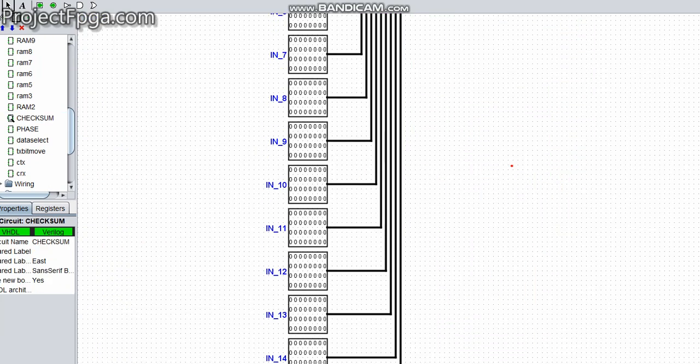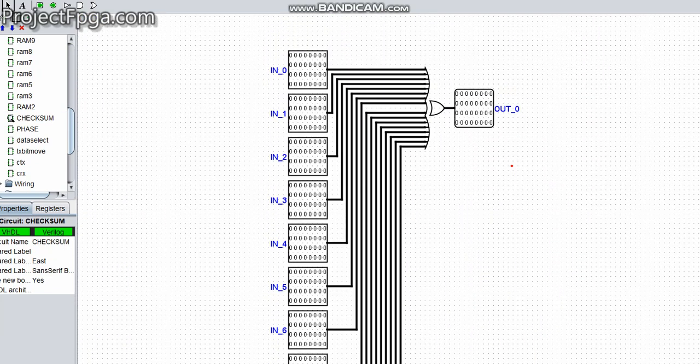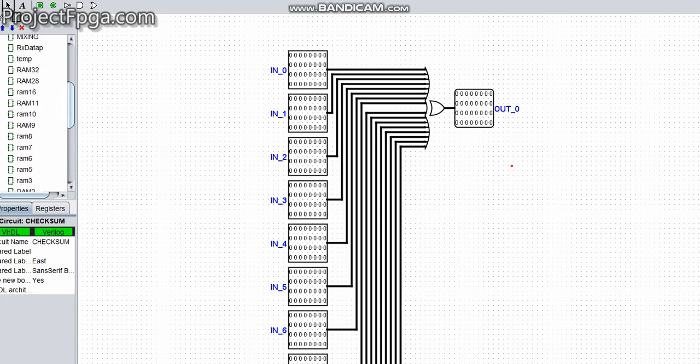So this is basically what the checksum does. It takes all the data bits and XORs them. It XORs all the 32 by 16 bits of data, and that is how you get your checksum. It's going to be received at the receiver. So whenever the receiver receives all these packets, it's going to take the 32 by 16 bits which it received, and then I'm going